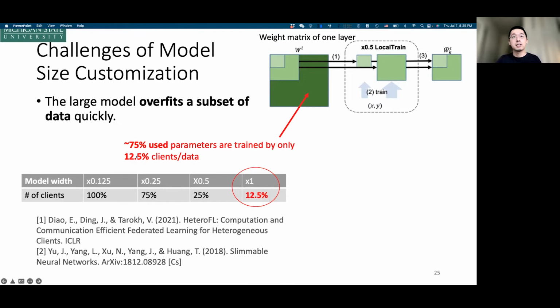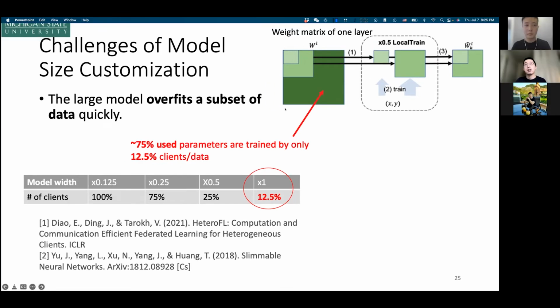They are only seeing this small subset of data. This is a big problem. Why does this happen? If we look into a layer of the network, the weight matrix of one layer can be visualized as a square matrix, and streamable learning will gradually train different widths of the network.